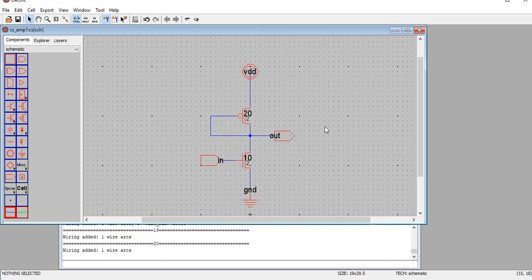But when I say only an amplifier, I can consider the transistor alone as an amplifier, because we know that the main application of the transistor is as an amplifier.